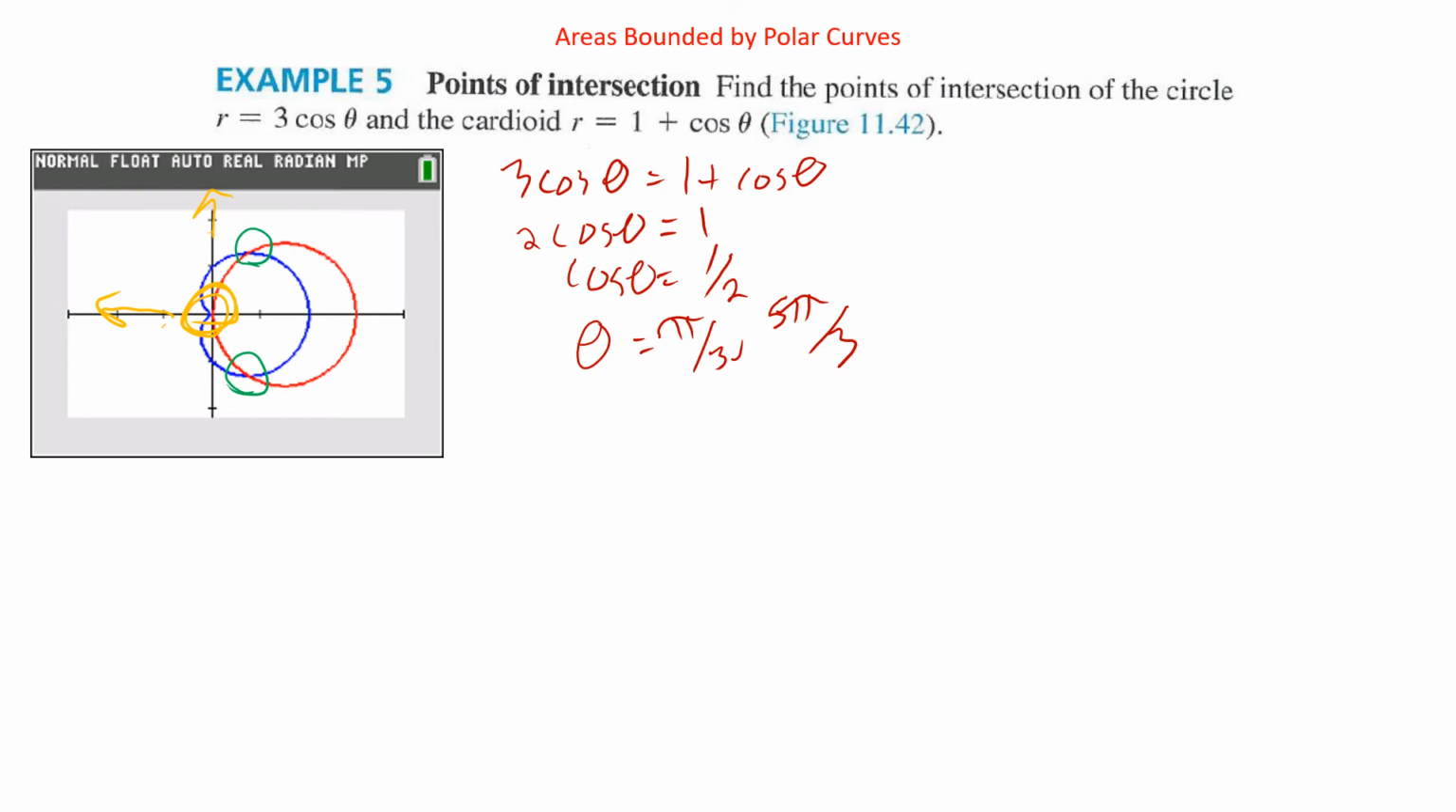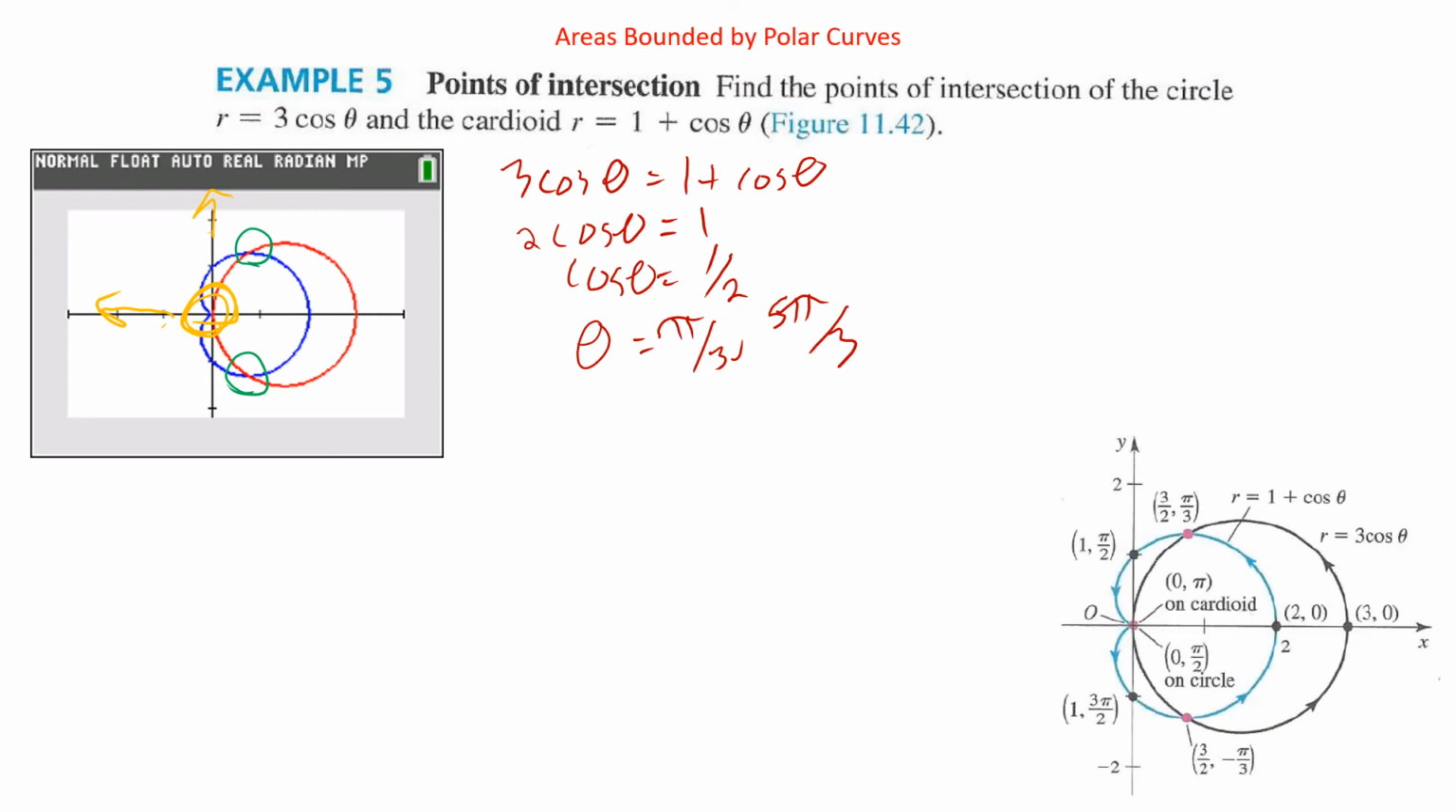So why would we need to find intersection points? Because here it gives us those. So why would we need to find intersection points? Because sometimes we'll need to find areas that are bounded, and we'll have to know where they are bounded, where